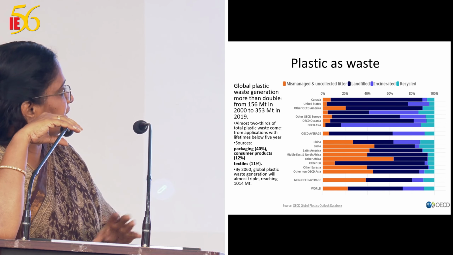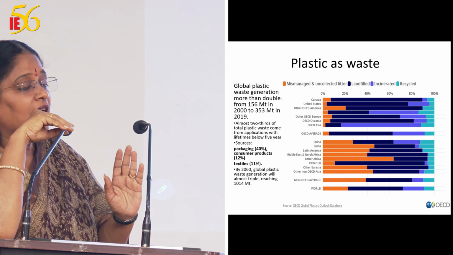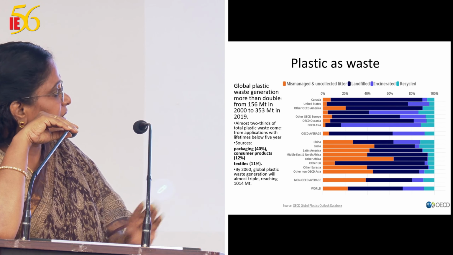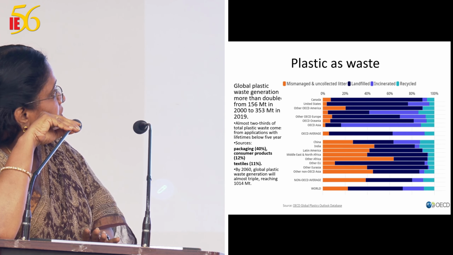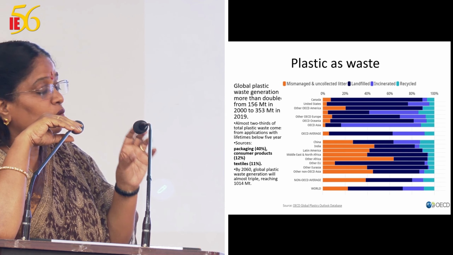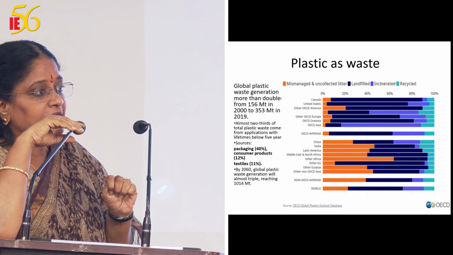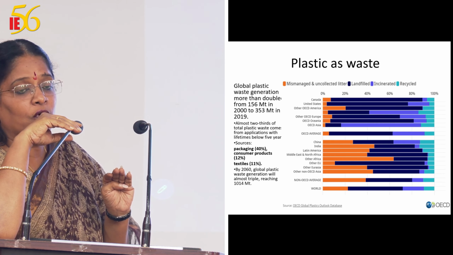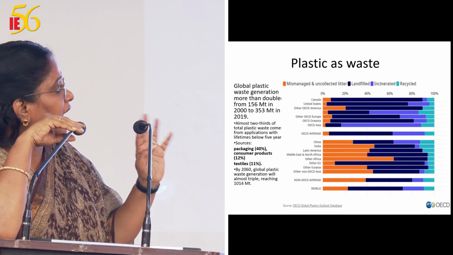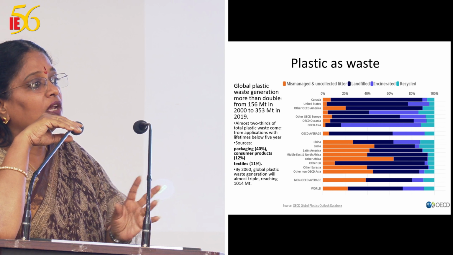These are the percentages, and for different countries we have different percentages of where you are finding it. There are some practices in place, but you see percentage-wise, it is very small. Whatever is littered all around us is the orange, and the blue is what goes into the landfill. The purple is what goes into the incinerators, and the green is what goes to recycling. The percentage recycled is very small. The global average is about 9 to 14%, with different reports giving different values. That is all we are recycling.